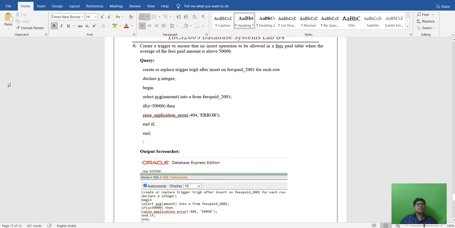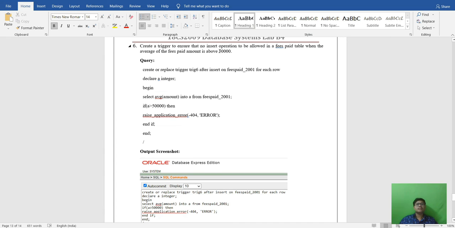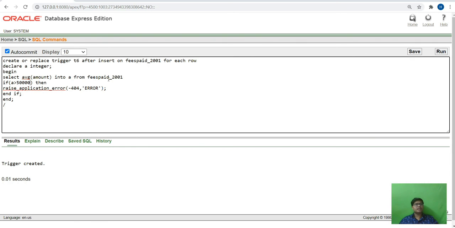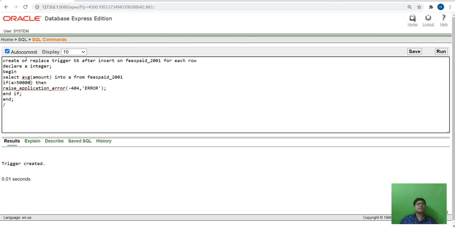I think that should be from 50,000. So when we give this, the integer is there, no insert operation when the table average amount is above 50,000. So here I have created this trigger 6.